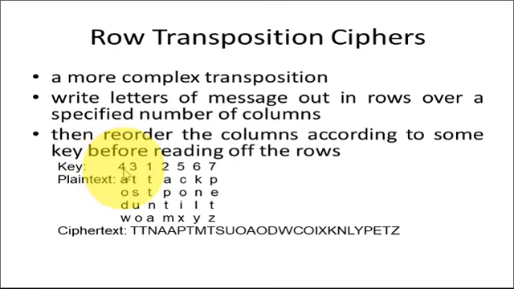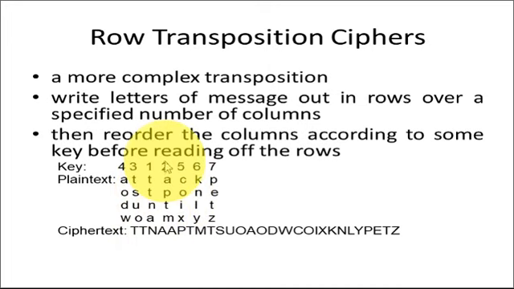So here the key is 4312567. We write the plaintext in matrix format, row by row: ATT ACK POSTPONED UNTIL, likewise row by row, up to 2 AM. The last 3 cells are filled with X, Y, Z, just dummy temporary letters. So this is the key, and here we are filling in the plaintext.